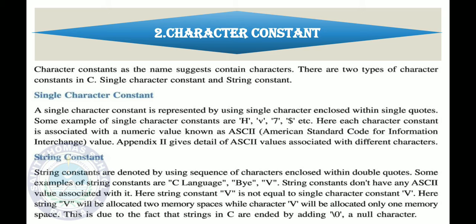Okay, so if you are writing one character also as a string, then also by default it has 2 characters. One is your character that is defined by you, and one is the ending character, that is the null character. Instead, in the character constant only one character is there, that is assigned by you. And the string constant doesn't have any ASCII value associated with it. So remember, a single character constant has an ASCII value assigned to it, and a string constant has no ASCII value, but it has the null character that will be added at the end of the string.